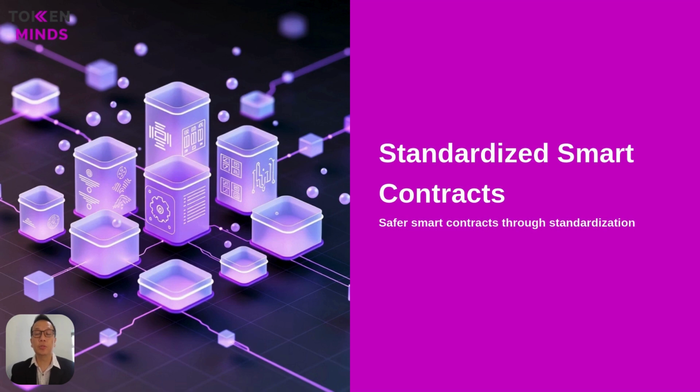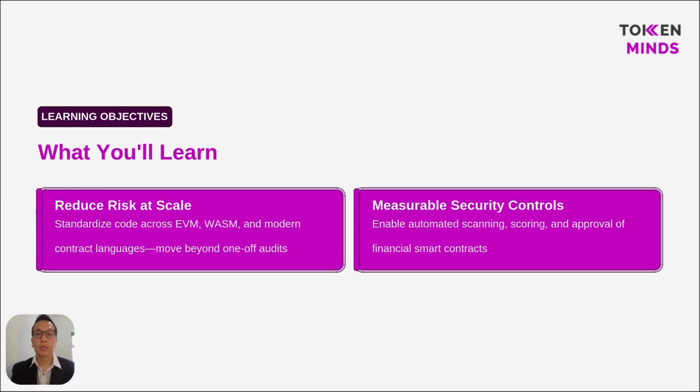Today we are going to talk about standardized smart contracts and why standardization is becoming the foundation for safer, more governable blockchain systems in financial applications. The session focuses on two outcomes. The first is how organizations can reduce smart contract risk at scale by moving away from one-off audits and toward repeatable execution patterns. The second is how security becomes measurable when contracts follow defined standards that can be scanned, scored,